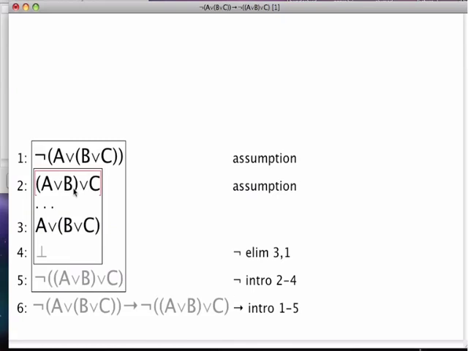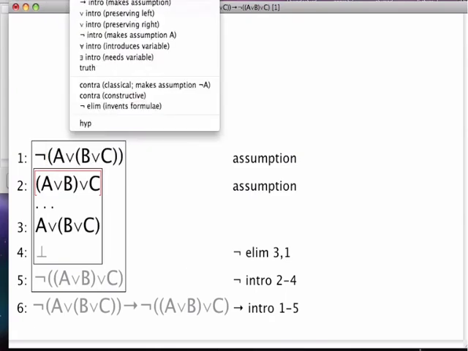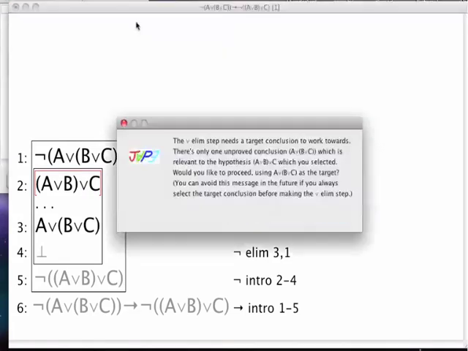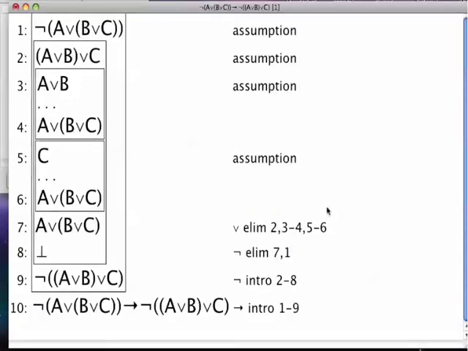And the key thing here is that when we have an OR we want to use, like here, we always split the OR into different cases. So we do an OR elimination, and you see, now we split it into two cases. This is our starting point, but we split it into a case where we assume A or B, and then we go for the target, and the other case is where we have C and go for the target.